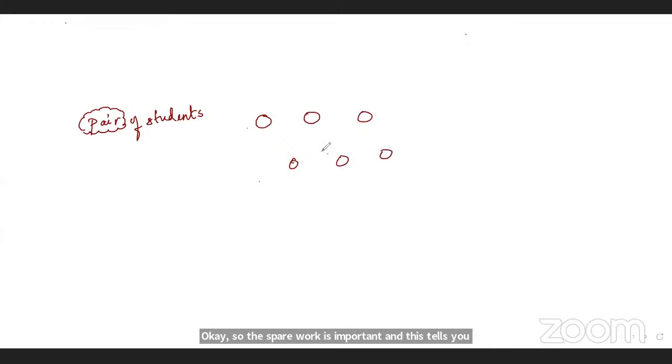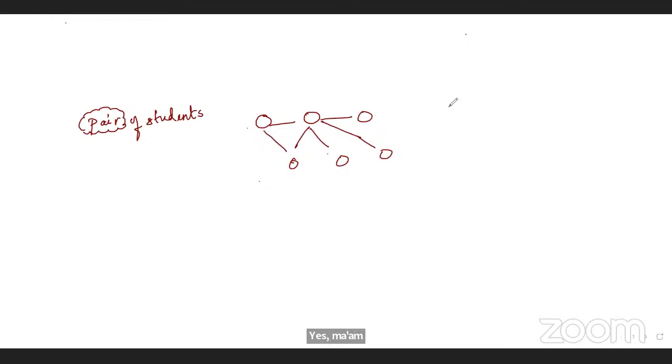Okay, so this word "pair" is important, and it tells you that, suppose there are these many students, there is a need to compare every student with everyone, right? Yes, ma'am. Okay, so what is the approach that we take to find, suppose,